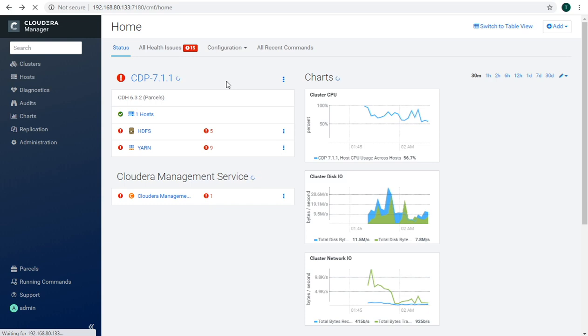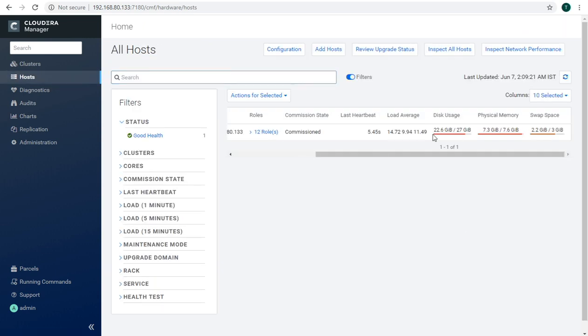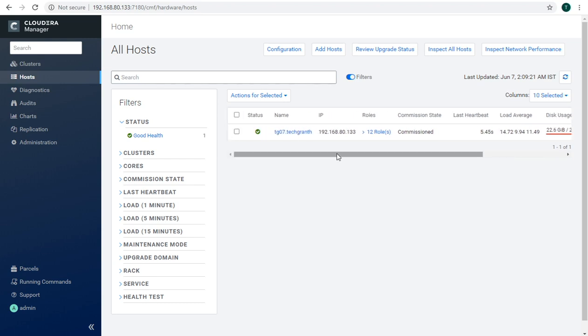So let me show you that as well. Here you can see I have only 27 gig of disk which I have assigned. Out of that, 22 is already used. Physical memory is almost fully utilized and swap is already in use. So we are getting those warnings here.